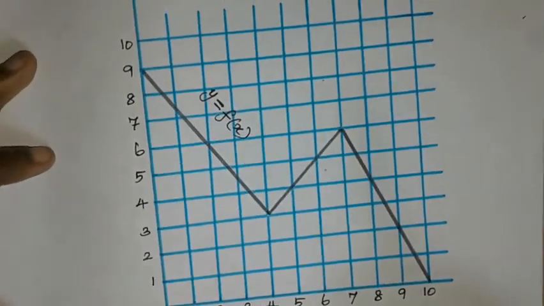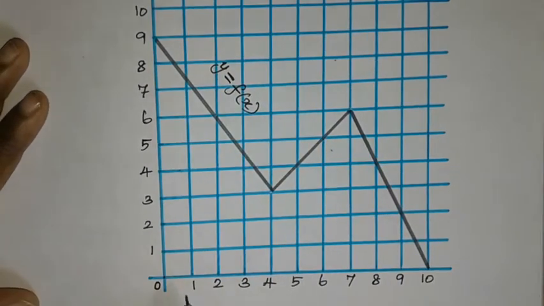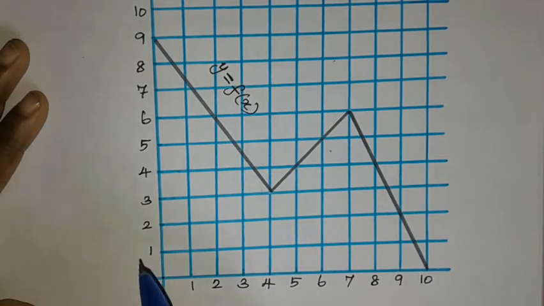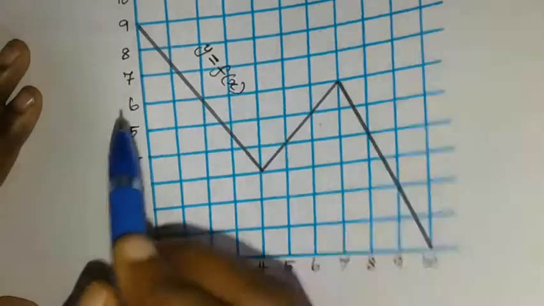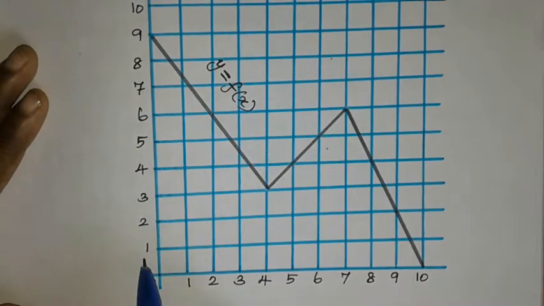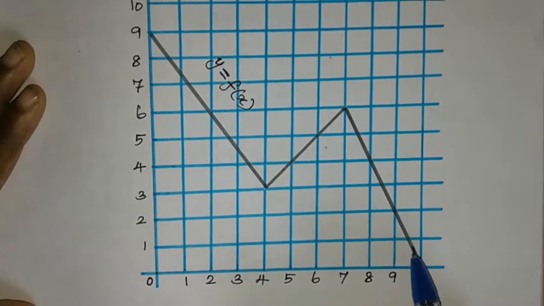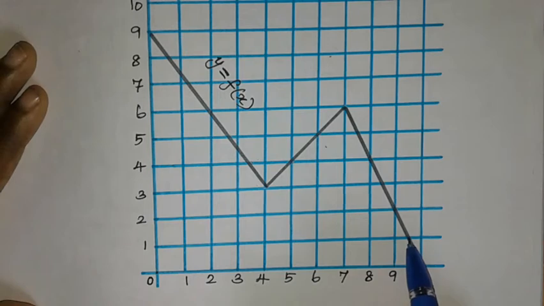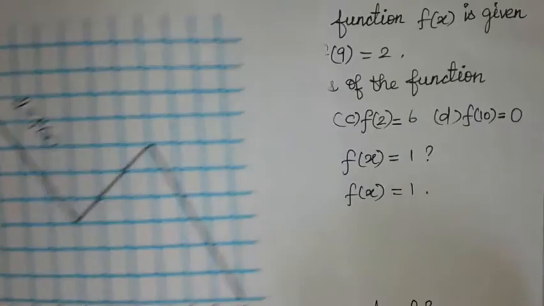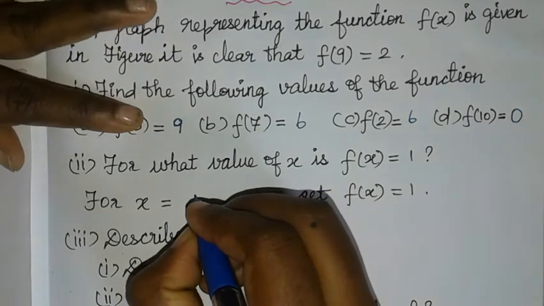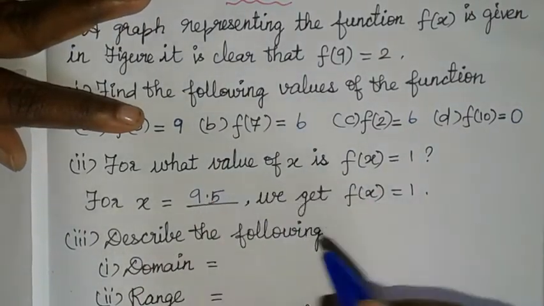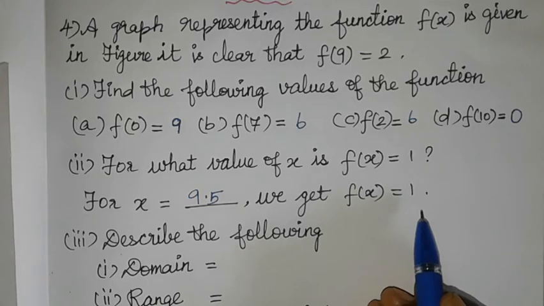Now, f of x is equal to 1. In the previous subdivisions, x values were given. Now in this problem, the f of x value is given. We have to see in this vertical direction. For f of x equal to 1, means for what value of x? See where it coincides. At this point it coincides. Which means the x value is between 9 to 10, the middle value. Between 9 to 10, what is the middle value? Which is 9.5. Therefore, for x equal to 9.5, we get f of x equal to 1.